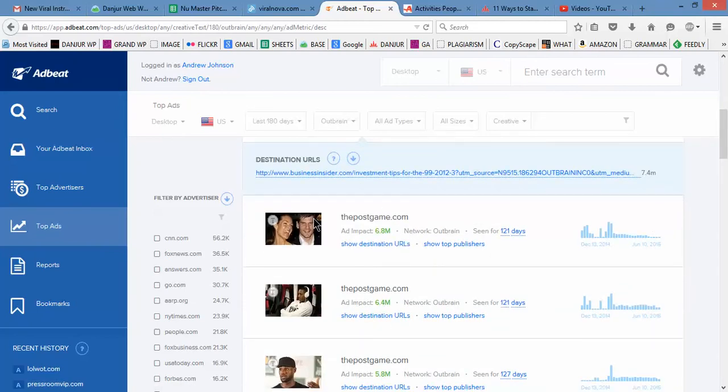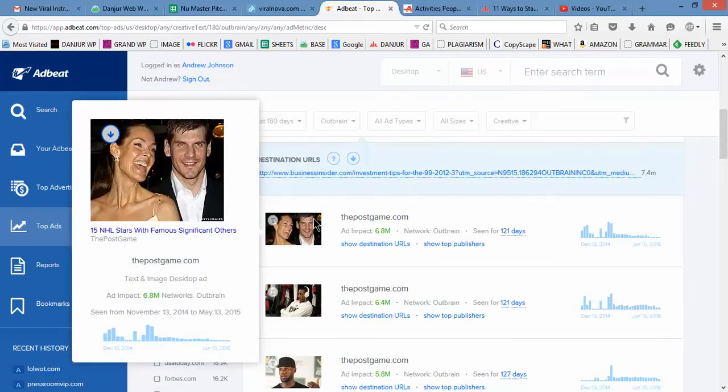I'll look at another one here. Oh, this is good. 15 NHL stars with famous significant others. Okay, so I would take a story like this, and we could go two ways. We could do the same idea, 15 NHL stars, and just totally change the title and get all new pictures and everything.